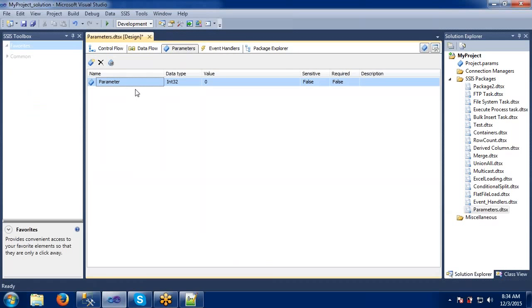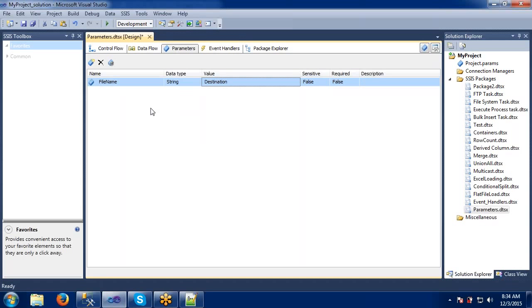Now if you define any parameter here, let's say file name, string type, and the value will be some destination. So this is the one parameter I have given.